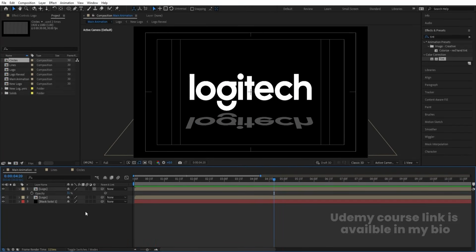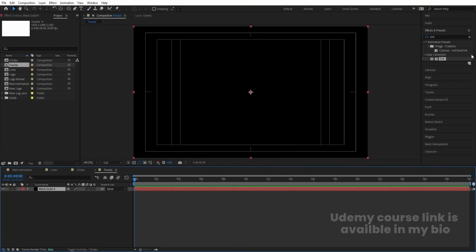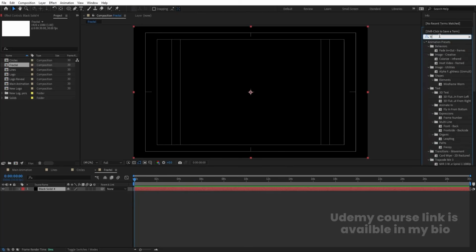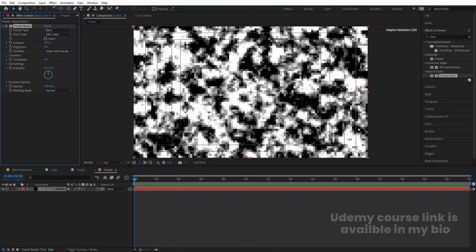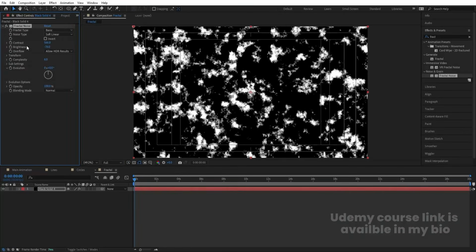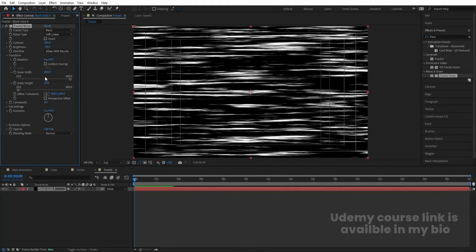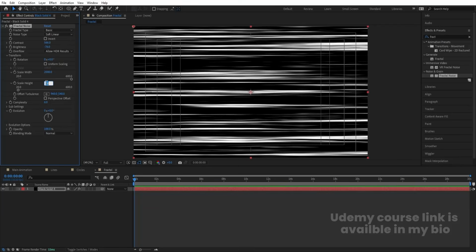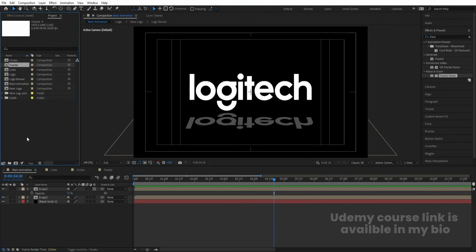Now I'm going to press Ctrl N and I'll call it as fractal. Press Ctrl Y. Go to the Effect and Presets panel and search for Fractal Noise Effect and double click to apply, and increase the contrast and decrease the brightness, and go to the transform properties, unlink this, decrease this, increase the scale width and decrease the scale height, and let's make this scale width to around 2000 and scale height to 5. Let's go to the main animation, hit Ctrl 0 and bring this fractal over here, and let's hide